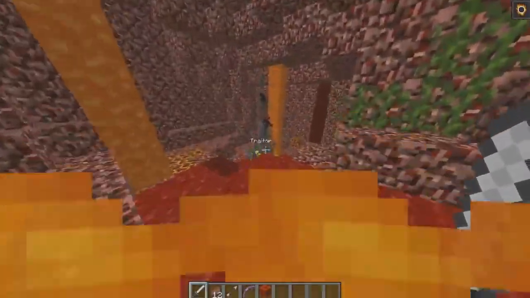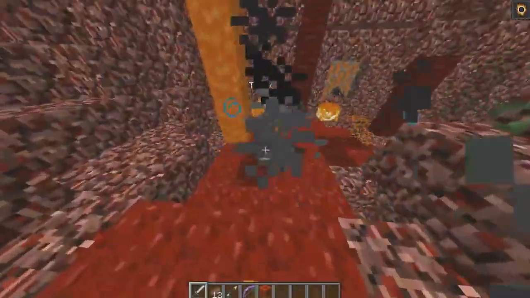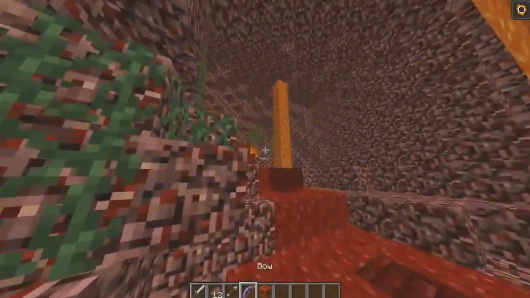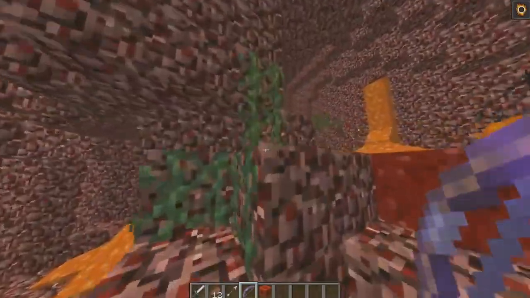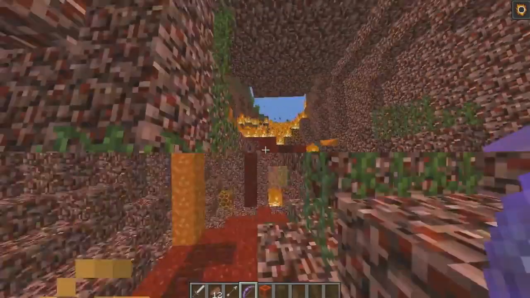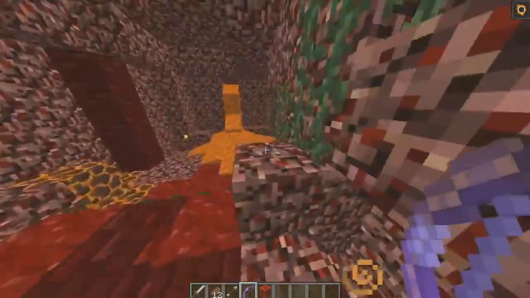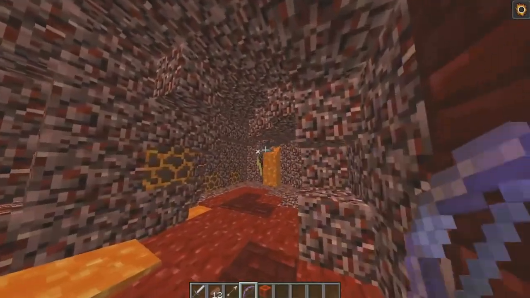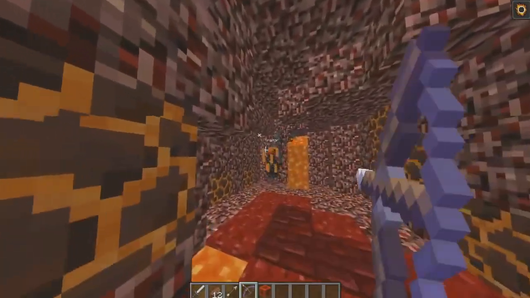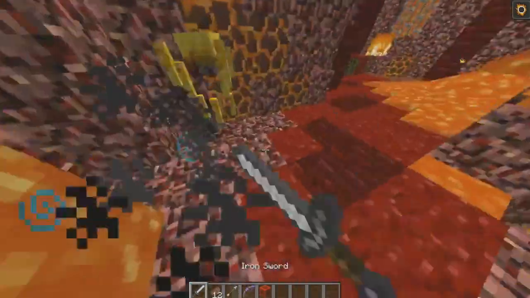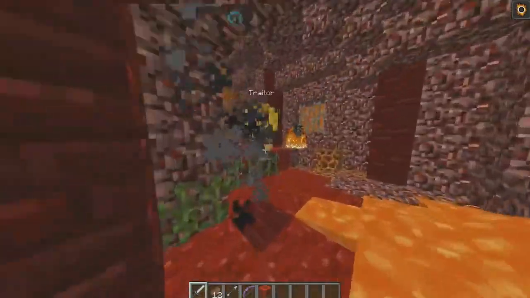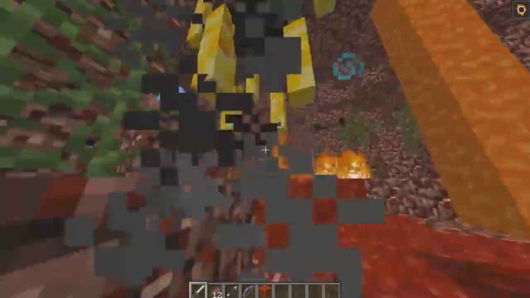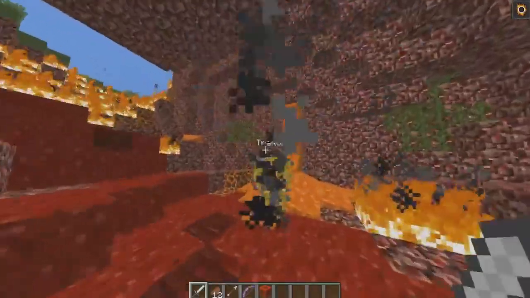There we go. There's the traitor. He is harder than a normal blaze. He does have diamond armor, enchanted diamond armor. Oh, down here. So this is kind of like a mini boss after you've completed the training. And he's running away from us, by the way, because we're on creative mode. When you're on adventure mode, he goes whole hog. He comes right for you.